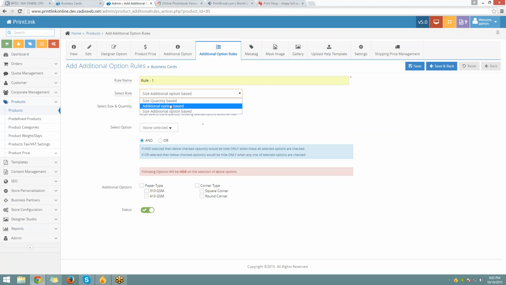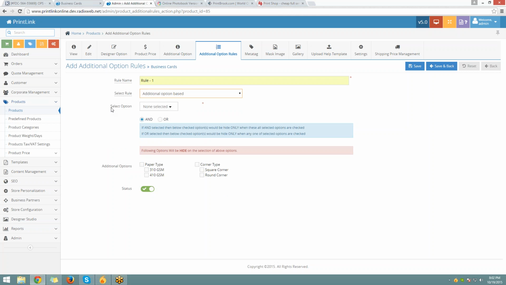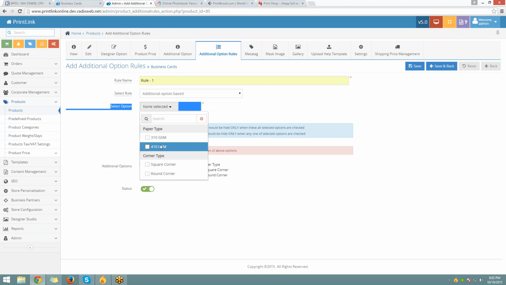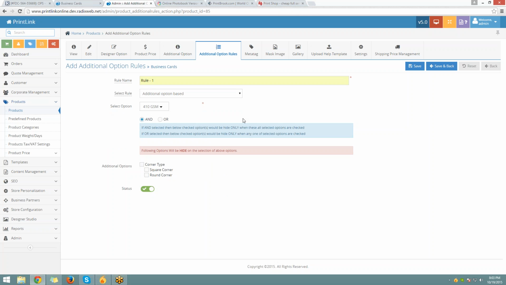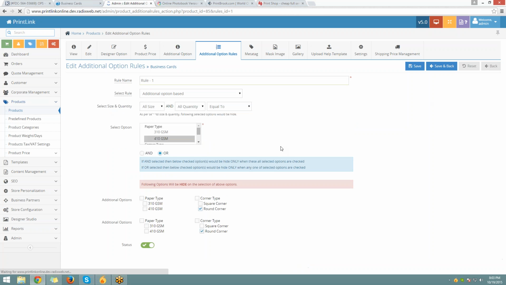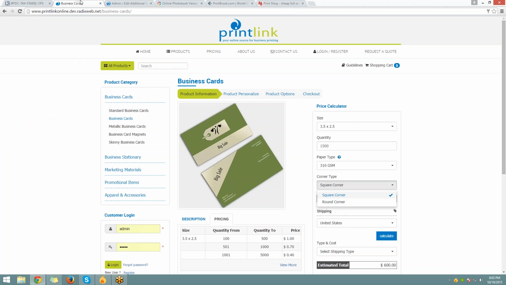Let's say you want to go for additional option based, so from there you need to select the option from the list. Let's say 410 GSM. When your customer selects 410 GSM, at that particular point of time you want to hide round corner, so whatever you select from here, that particular option will be hidden. So let us save this, and go for business cards